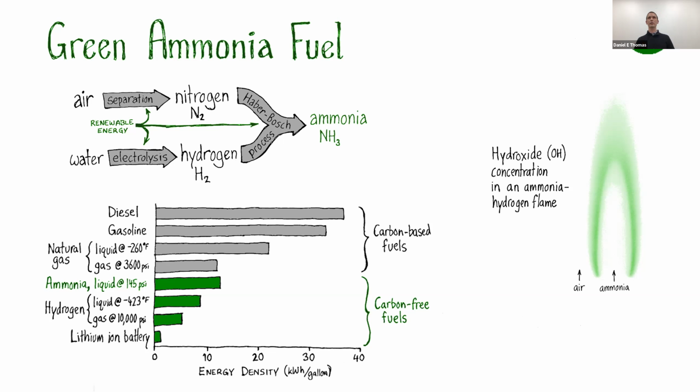I'm using laser-induced fluorescence to measure the concentration of particular molecules in the flame. To get the picture on my slide, I used a laser tuned to the right wavelength to excite hydroxide molecules, and then a camera to capture the energy released by those molecules, that is their fluorescence. I compared this to computer simulations to better understand the chemical reactions in the flame that produce the nitrogen oxide pollutants. As we better understand how ammonia-hydrogen fuel burns, this will pave the way for the use of green ammonia